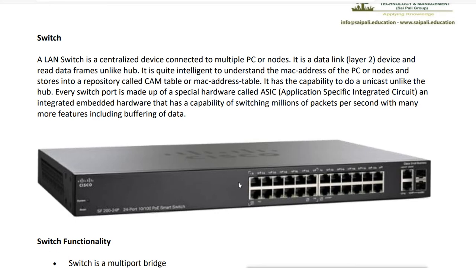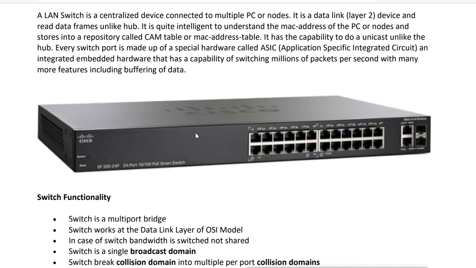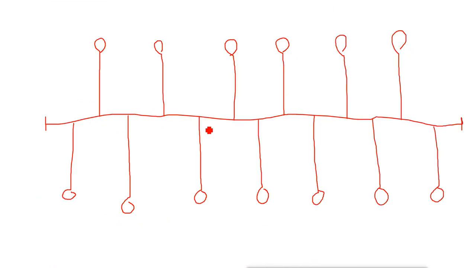In the configuration of switches, it is still called a bridge. For example, the ID of the switch is not called a switch ID, it is called a bridge ID. In the configuration, most of the time it is still called a bridge, because it is the advanced version of the bridges. So if you understand how the bridge works, we can understand how the switch works also. Now this is the bus topology. In the time of the bus topology, bridges were there.